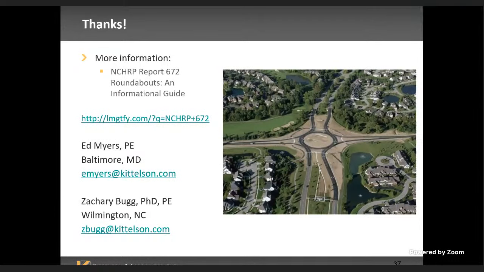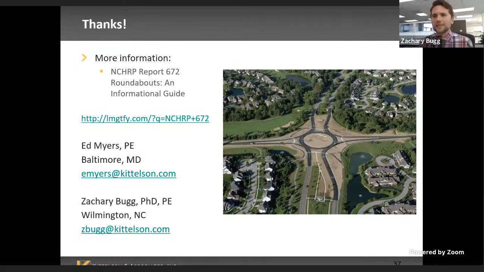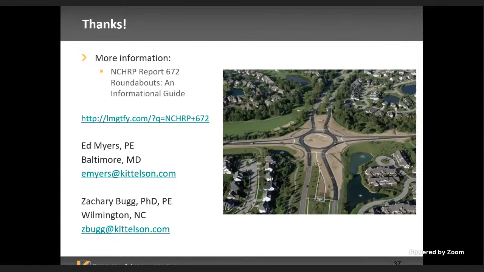I have a question, if I may. I was wondering, you said earlier that there are cost differences between roundabouts and signalized intersections. I was wondering if there are any space differences in terms of how much space a roundabout would take up versus a signalized intersection. And to follow up, is it a lot of work to transform a signalized intersection into a roundabout?